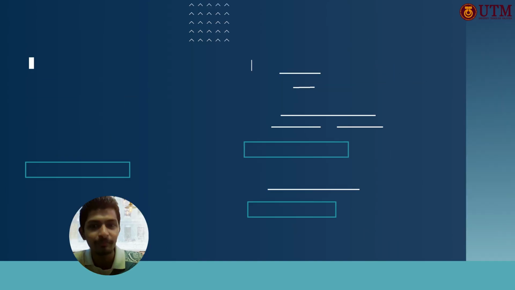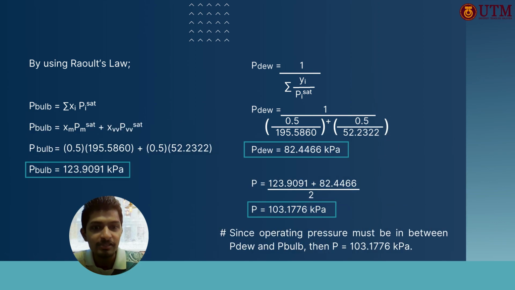52.2322 kilopascal. For bubble point, we use the mole fraction of the components multiplied by their saturation pressure. Since we have a 50-50 mixture of methanol and water, the calculation becomes like this: 0.5 times 195.5860 plus 0.5 multiplied by 52.2322, which gives us a bubble point pressure of